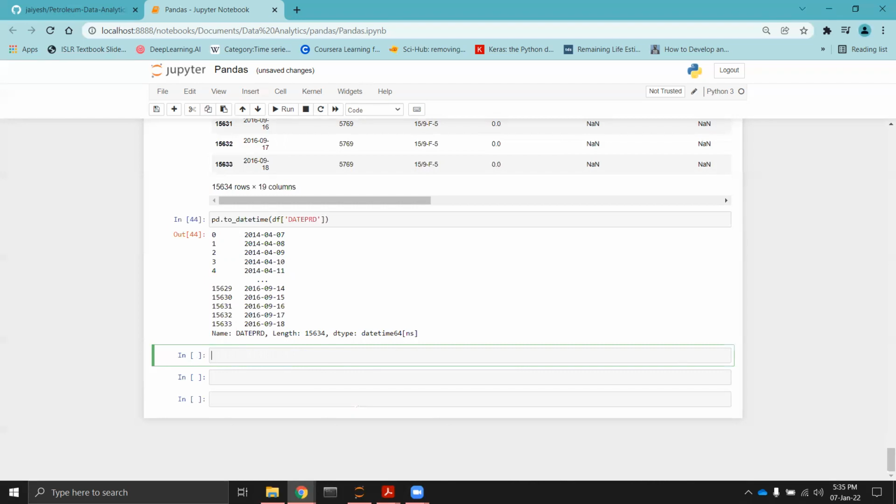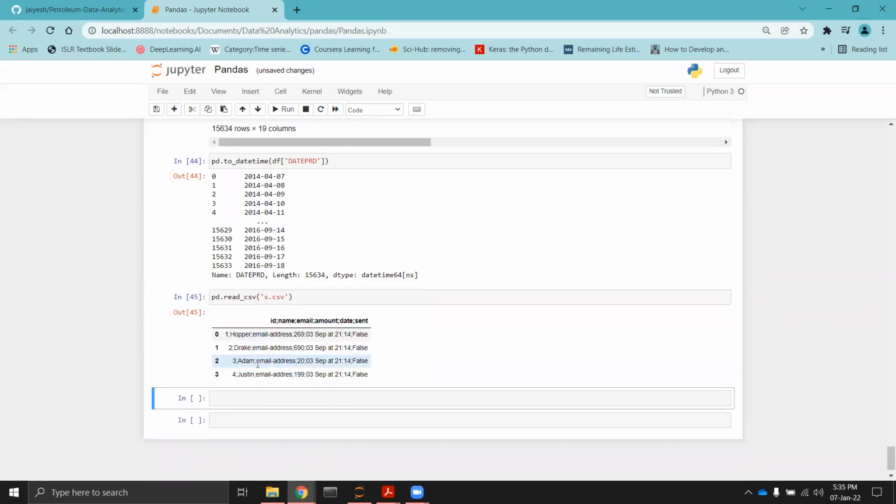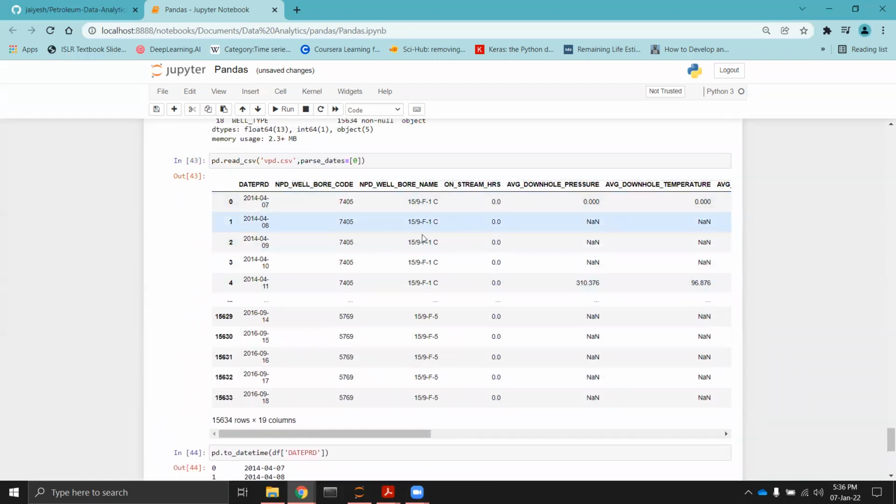Apart from that, there is one more thing in this read CSV. For example, let me show you an example. There is this s.csv file that is also present in the same directory. Here you can see that there is some data, ID, name, email, amount, and all those things. But CSV basically means comma separated files. So if you have written some data in text or rich text format, and you have separated that data with commas and converted that into CSV, that will convert your text file into this table type of format.